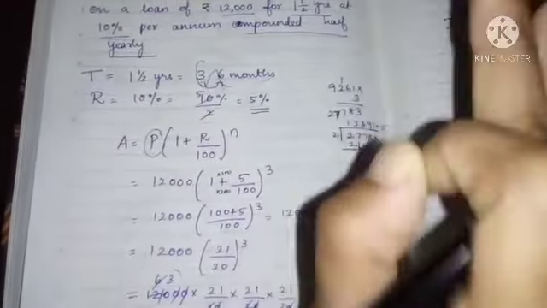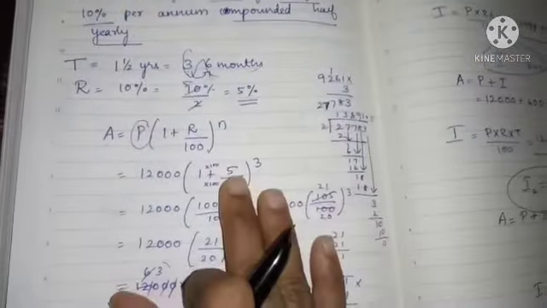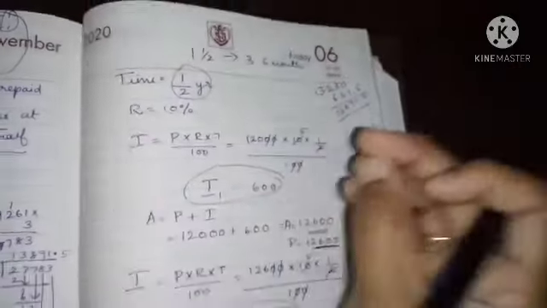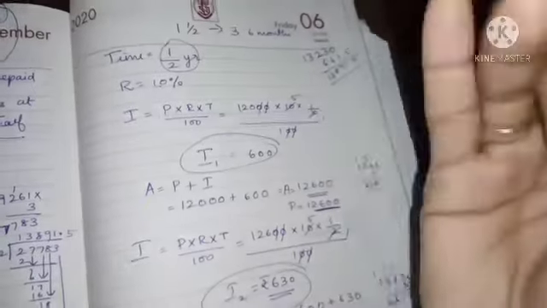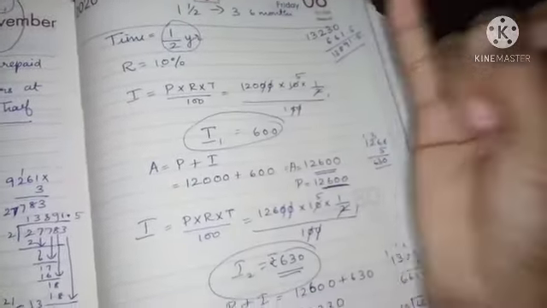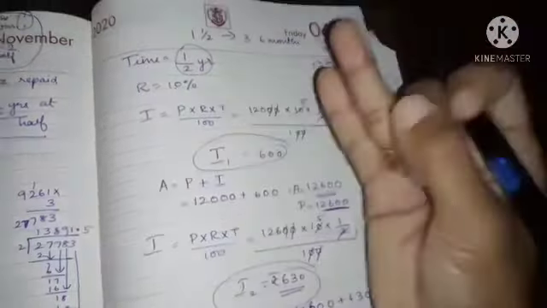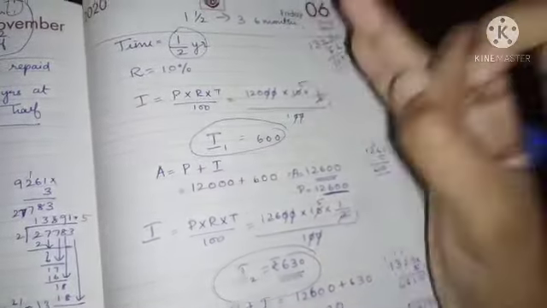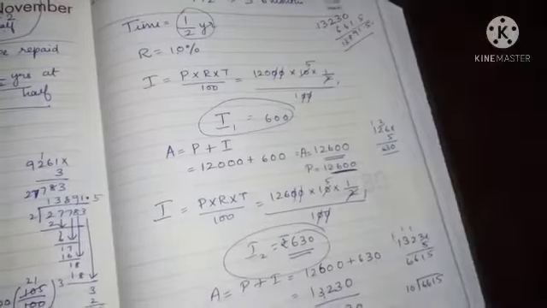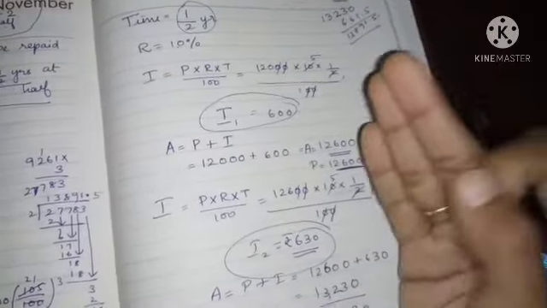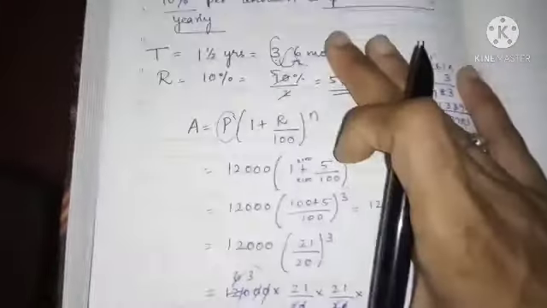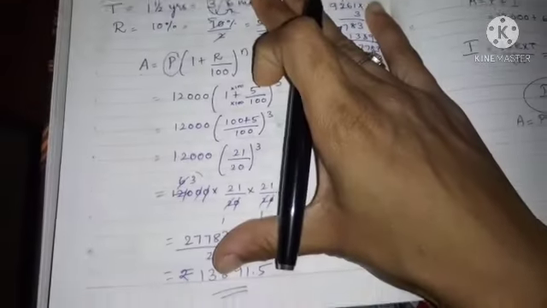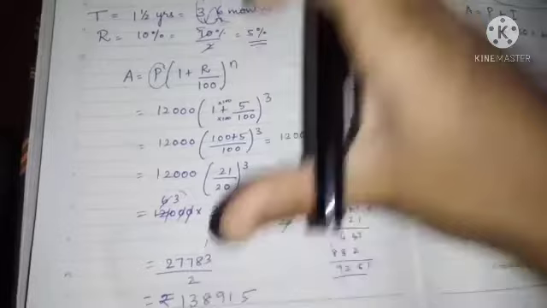So if you want to find the amount, you can directly use this. This is very easy. Here you have to find the first 6 months' interest, then using that interest find the next principal, then using that principal the second interest, using the second interest the next principal, using that principal the third interest, and at last the amount. So really it is difficult. Better if you use this formula, it is quite easy for you to cope with.